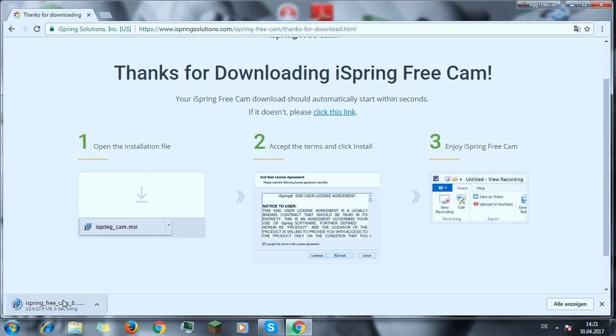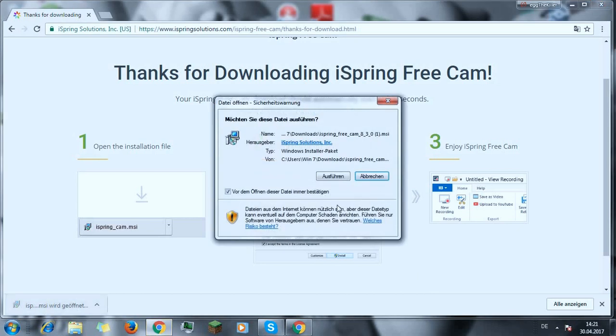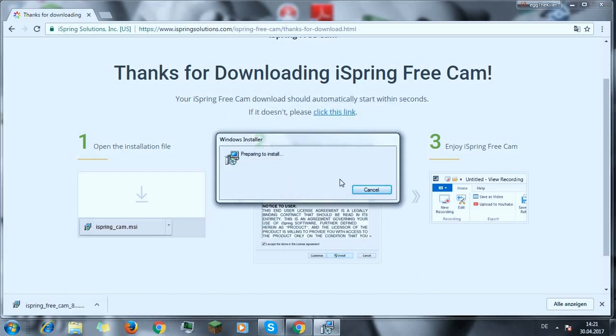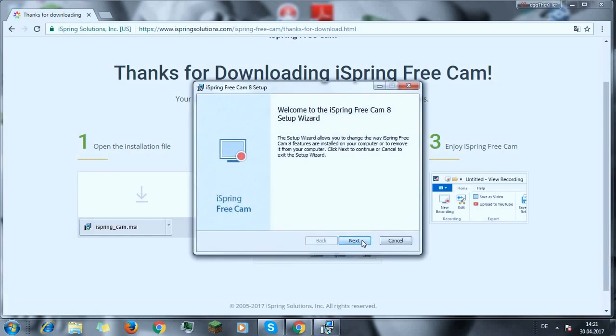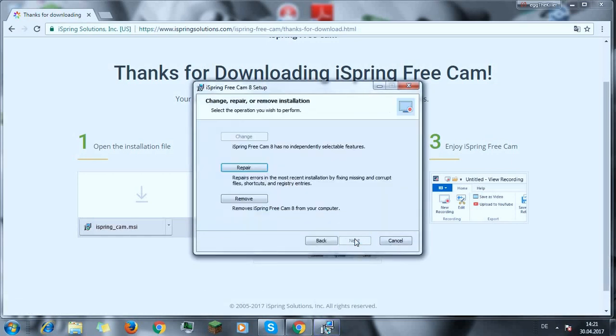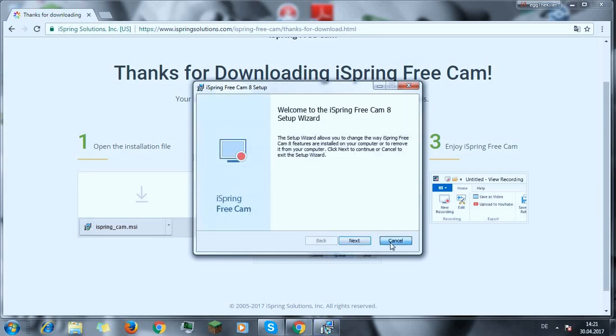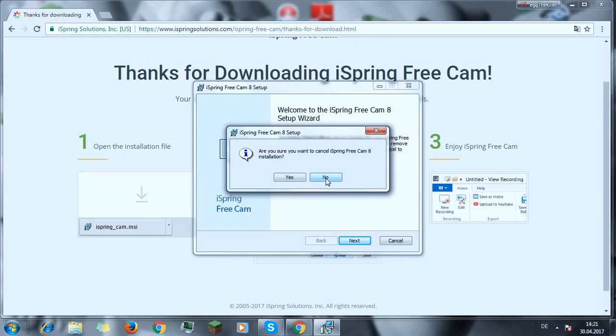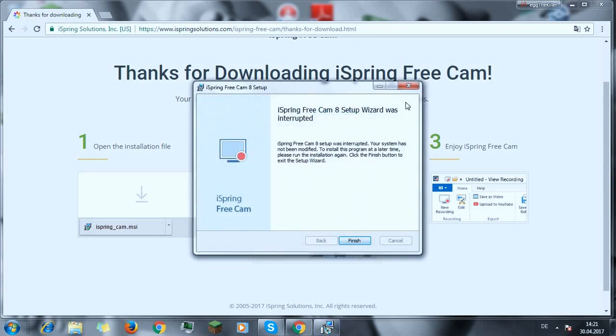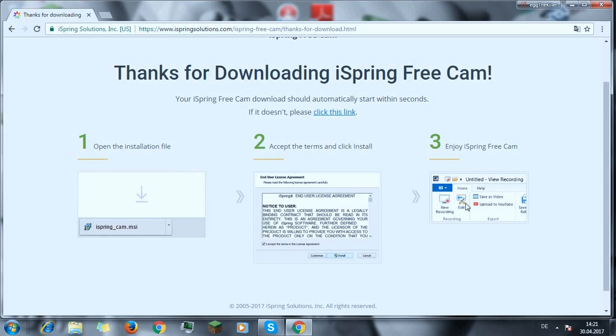You install it, you get in here, you open it, and then you've got to accept everything, then go install, and I'll click on it. I have it already, but whatever. Let me show you. Right, like this. You've got to agree to everything, and then you can just record the screen. You can also upload it on YouTube, and yeah, that's all.